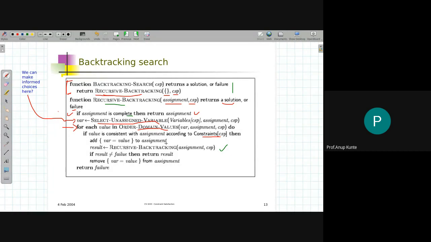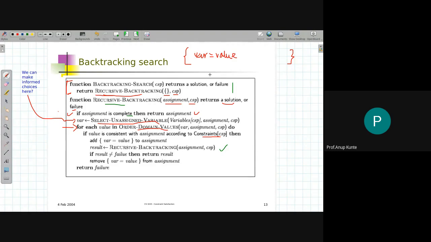So what is the assignment? Assignment is like a JSON variable that has key value pairs. What is the key? The variable name. And what is the value? The value of that particular variable. So I may have first variable, second variable, third variable like that.